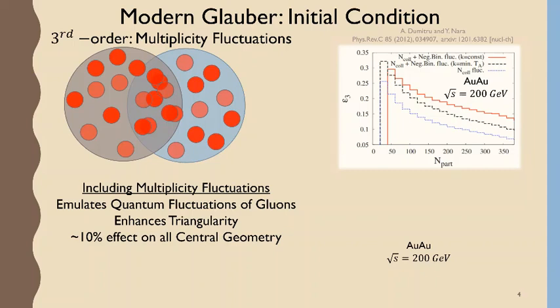Well, I mean, there are. Okay, so you say in the way that you're calculating, the flow is coming from after this. There's a response coming after you produce the initial condition, then you turn on the hydro to generate the flow. There's no flow at this moment. Yeah, this Glauber model is just a way to say